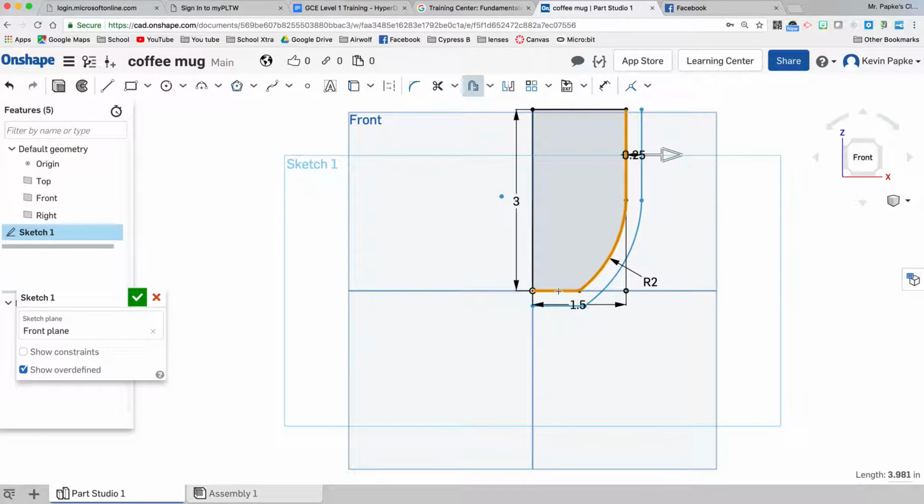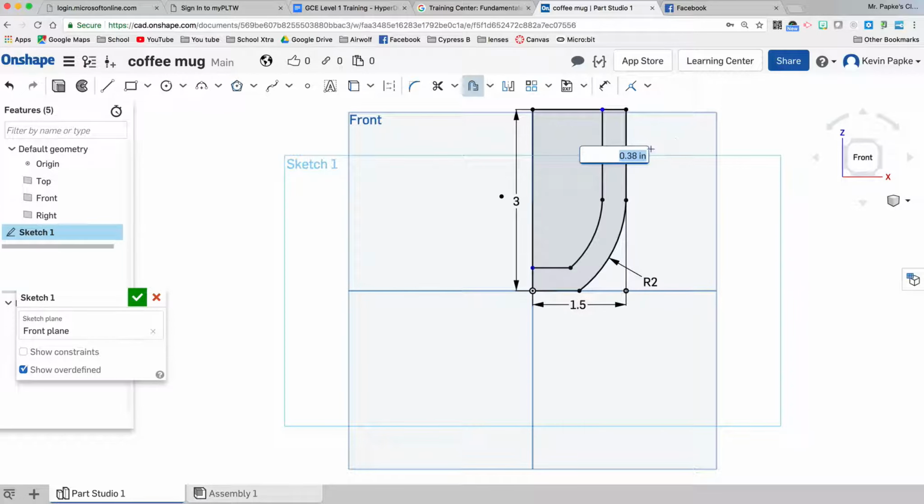at the bottom. Okay, so what it's done, it's copied this line, but it's offset it this way, 0.25 or 1/4 of an inch. Well, I want it, see this arrow? I can click and drag this. I want it to go on the inside. And you can mess with it and go, okay, there's 27, 26, 25. You can get it exactly there if you want, or you can just get it close. And as soon as I press enter,